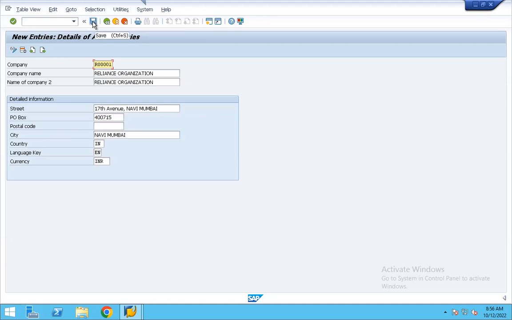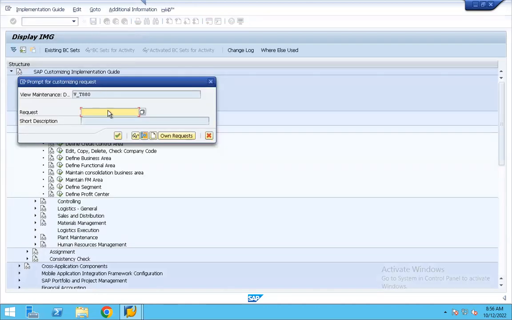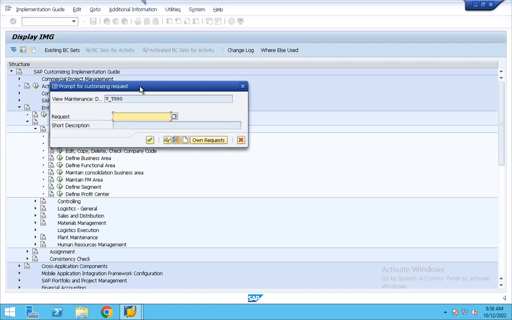Now I'm hitting the save icon, and a small pop-up box has just appeared, which talks about the configuration changes we are doing. This is a facility given by SAP, that whatever configuration changes we are doing will get recorded and saved in a transport request.